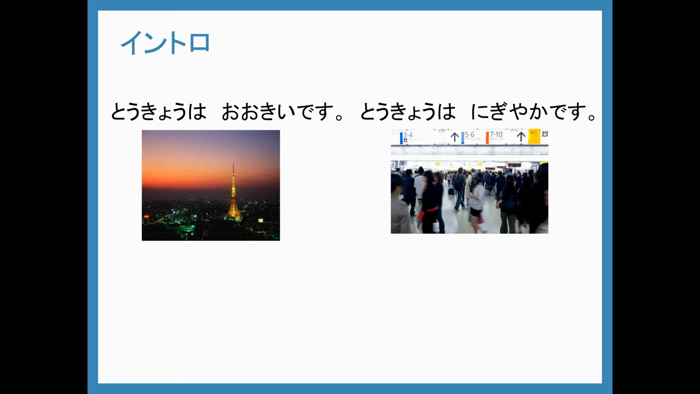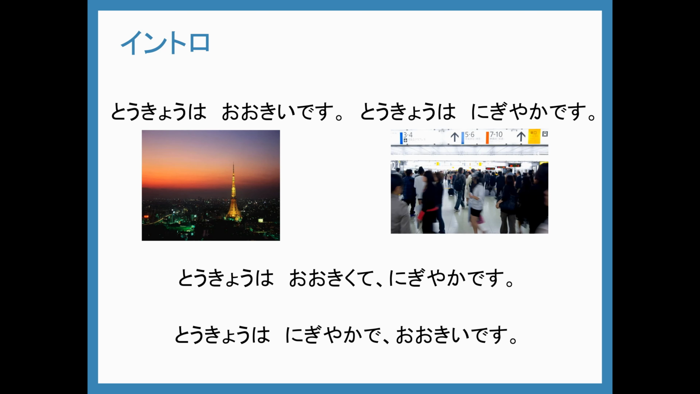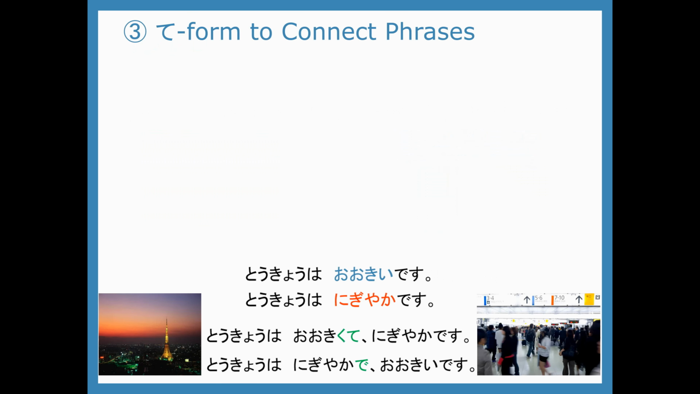To say, I will study and then go to sleep, for example. What do we use? That's right, we want to use the te form. When you combine two adjectives, we are combining them using the te form. So we can say, 東京は大きくて賑やかです。Or, 東京は賑やかで大きいです。So in order to put an adjective into te form, we first have to know